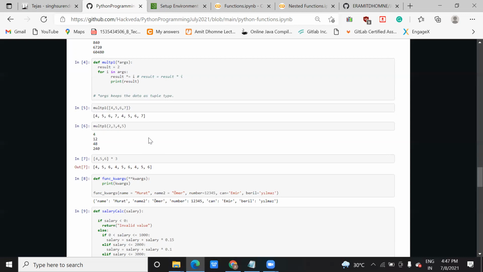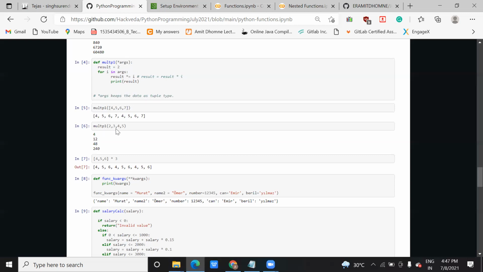So here also, when you do multiplication of a simple list, it will print each character 3 times. But when you do it like this, this will act as a parameter, and each parameter will be assigned to this args, which is of an array type, or you can say a list also. But this list will accept a single value one by one, and based on that it will work.